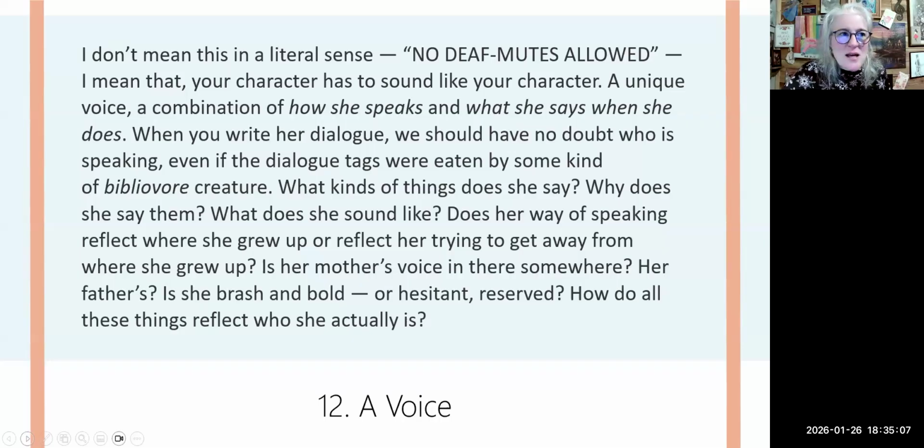Dialect, accent, tension in the voice, fear in the voice, a particular pattern of speaking? Does your character have a stutter? Fun things that we can think about. We need to give this to our characters, not all of them, right? But maybe all of the characters need to have a specific pattern and way of speaking so that the reader understands who it is. But at the same time, we don't want to be completely overwhelming to our reader. So there's balance in there. But it's balance that's fun to play with because we need our characters to be authentic people.